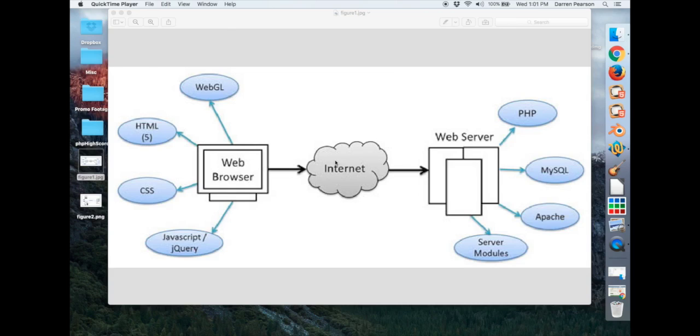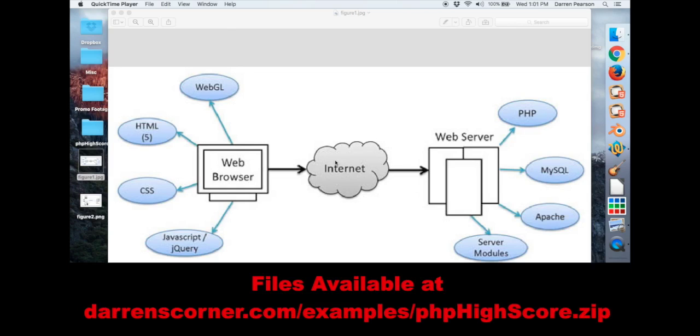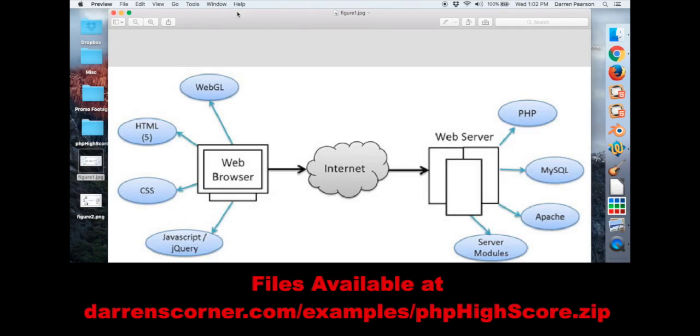Today I'm going to show you part one out of a five-part video tutorial series on how to integrate PHP into various Tumult Hype projects. Please take a look in the comments down below to download the example files that I'll be using in these